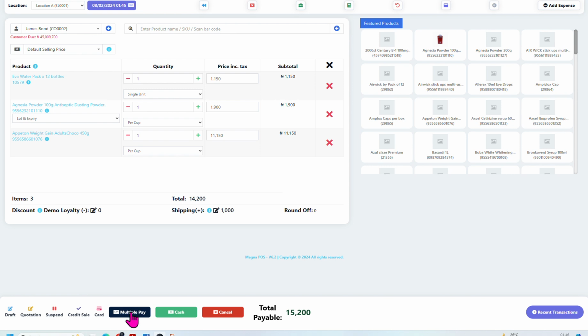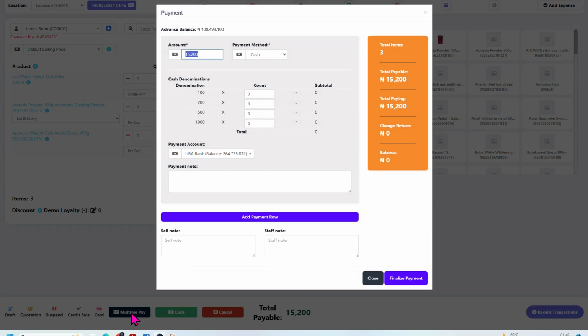So here, let's click on multiple pay. Customer is paying with multiple pay. Once you click on this, it opens this section up. Customer is paying with cash. Let's say out of 15,200, he's paying with cash of let's say 10,000. Once I click on this 10,000, it shows me a balance of 52